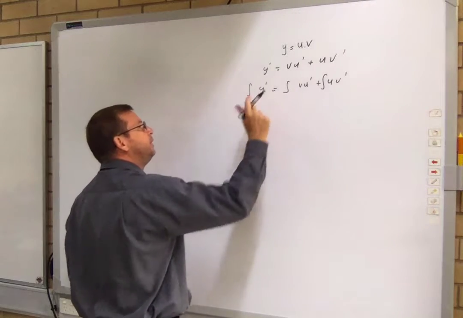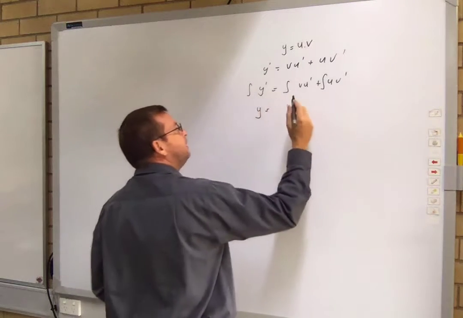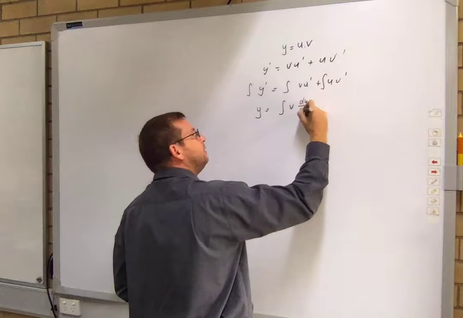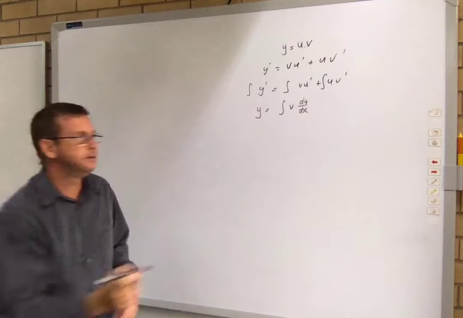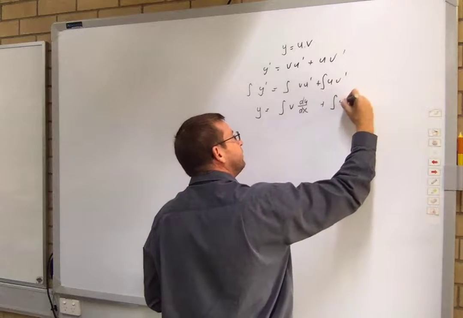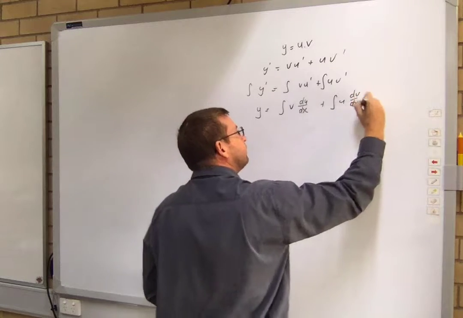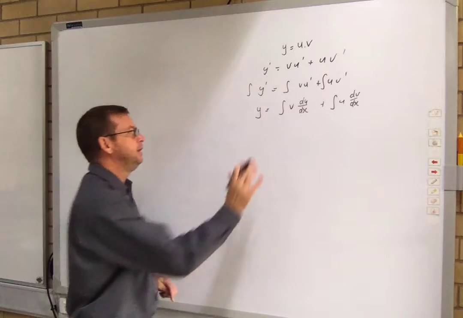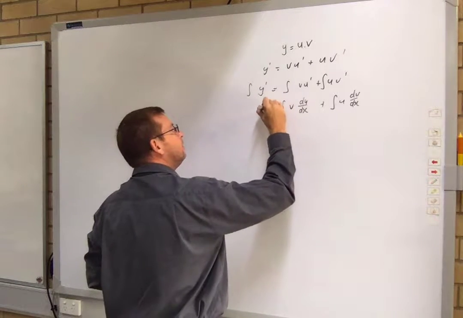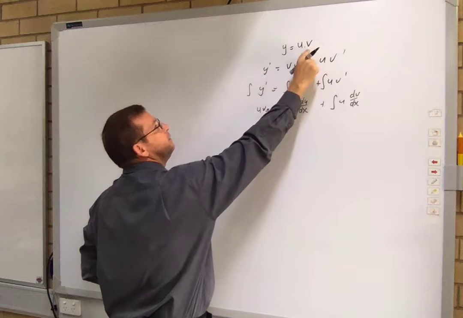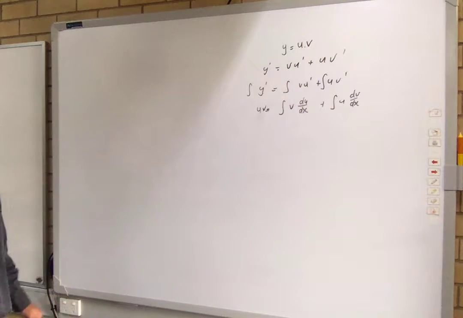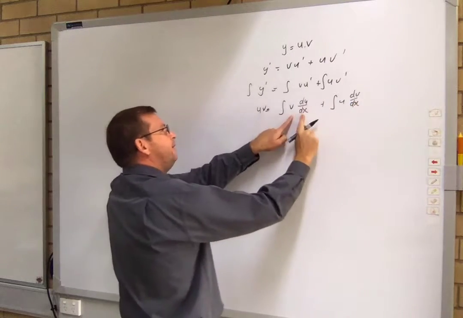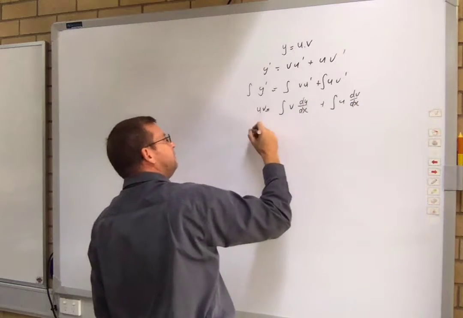What's the integral of y dash? y. u dash is actually du dx. du dx. And y is y equals uv. So I'm going to leave that there, and I'm going to flick that to the other side, and I'm going to go